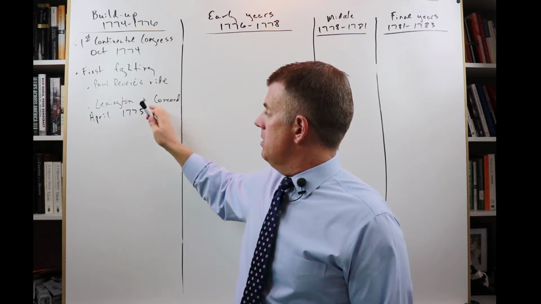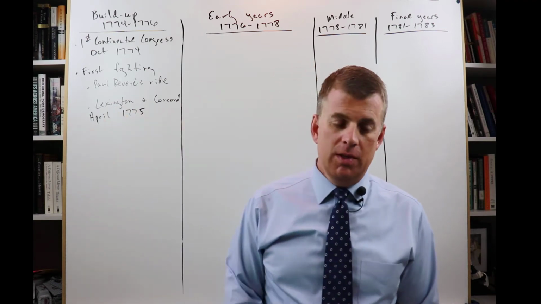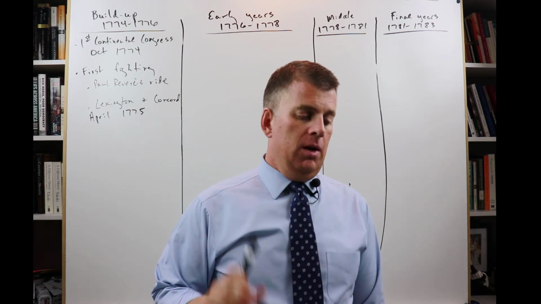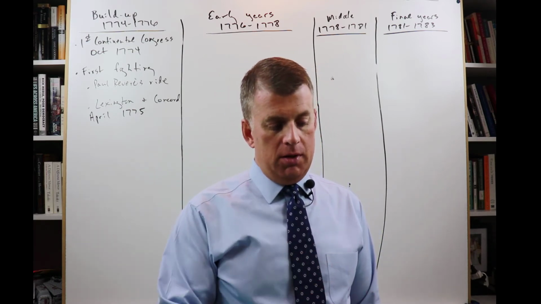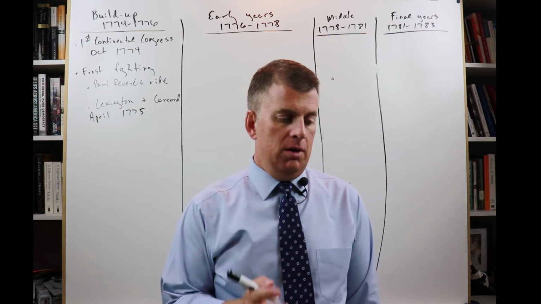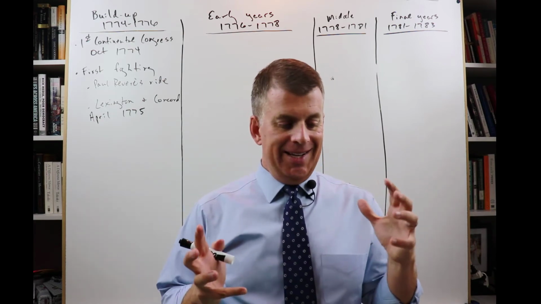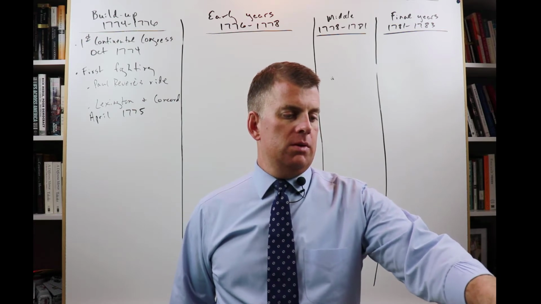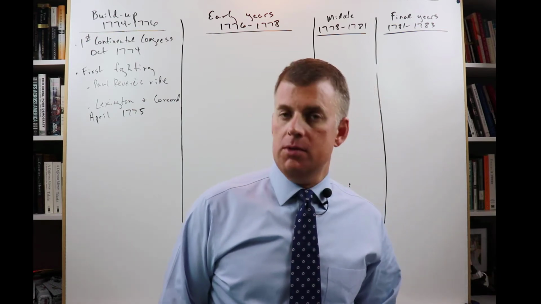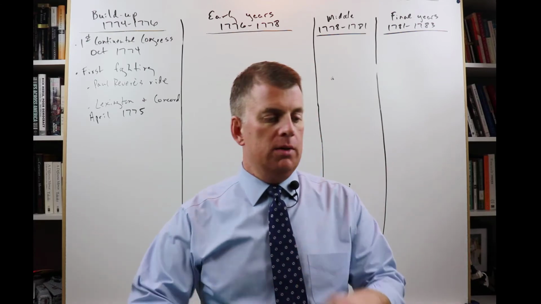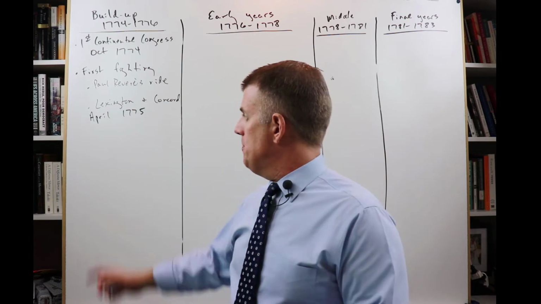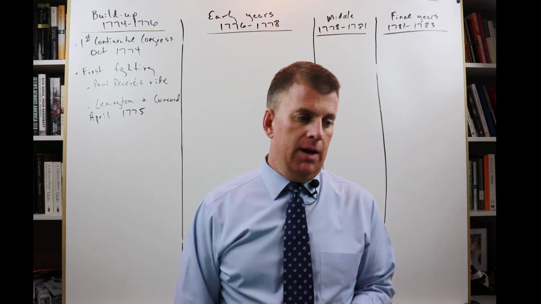And they were headed to Concord, and they passed through the town of Lexington. And this is the British troops, the Redcoats, they were marching. They get to Lexington, and they meet colonial militia. And the militia engaged the Redcoats in this little town. It's not exactly sure who fired first, but they call it the shot heard around the world. And that was the beginning of the American Revolution, April 1775.